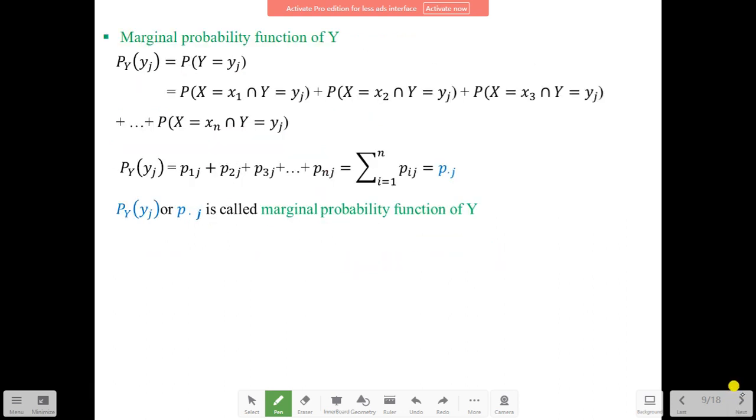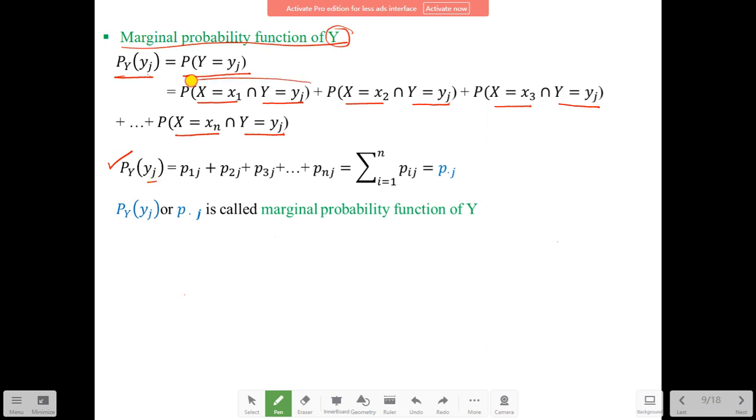So similarly we define the marginal probability function of the random variable Y. Here the marginal probability function of the random variable Y is denoted pY(yj) is equal to P(Y = yj), and is defined as P(X = x1, Y = yj) plus P(X = x2, Y = yj) plus P(X = x3, Y = yj) plus up to P(X = xn, Y = yj), or we define the marginal probability function of Y in the form of pY(yj) is equal to,